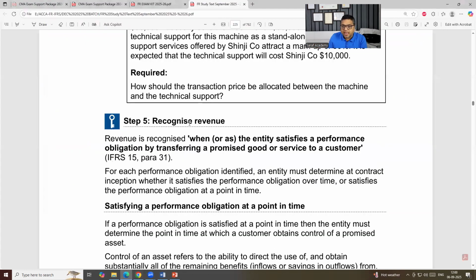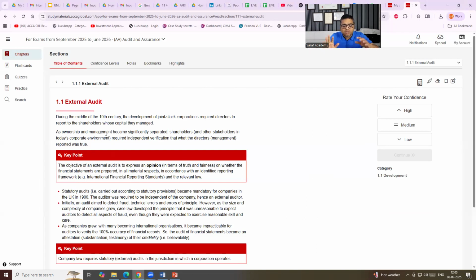The Kaplan material is available in the market in physical form also. But this material is available only online. You can't take a printout. You will copy from here and paste in a Word file and then take a printout, it's okay. But straight away the printing is not possible from here. The entire syllabus content is there on the ACCA website, freely available for ACCA students.